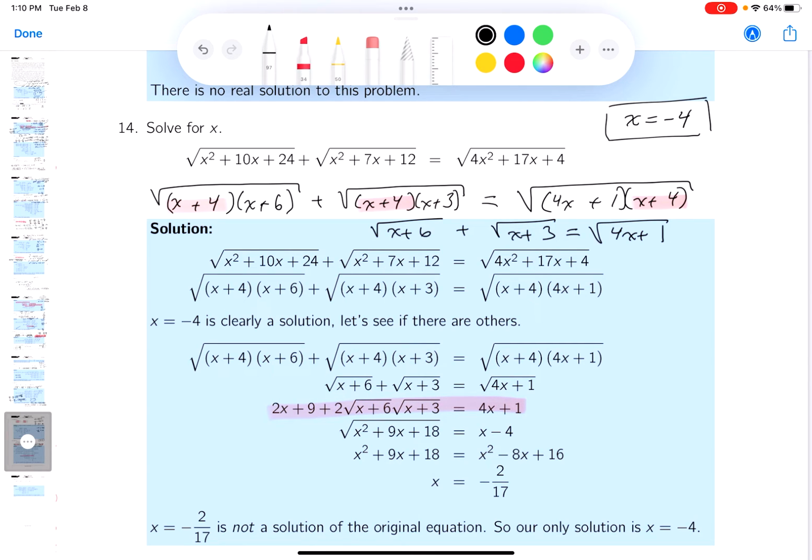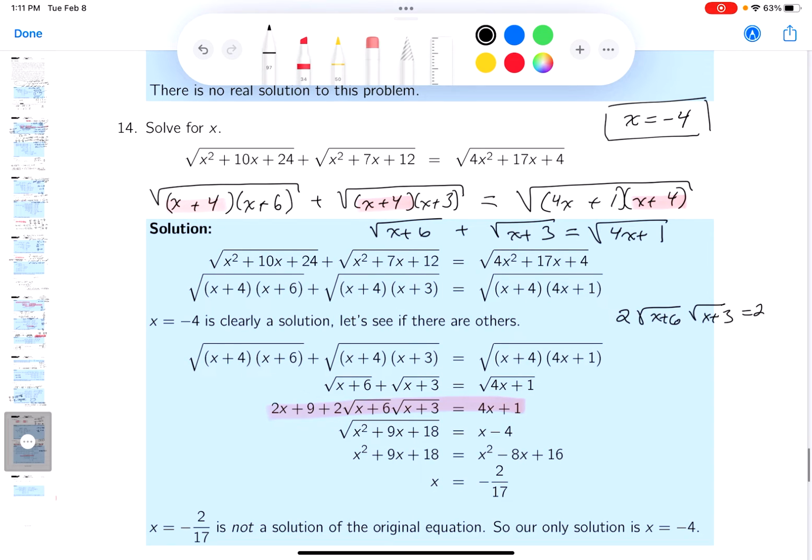And what I would do is I would subtract 2x from both sides, and I would subtract 9. And you would get this: 2 root x plus 6 root x plus 3 equals, well, let's see, you get 2x minus 8, right? And then I'd divide both sides by 2. And if you did that, what do you get? Well, you'd get the root of x plus 6, the root of x plus 3 equals x